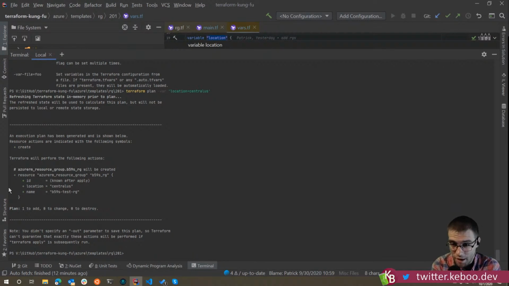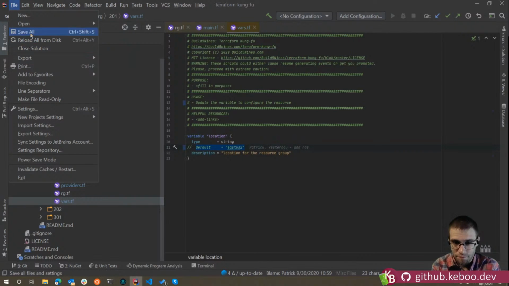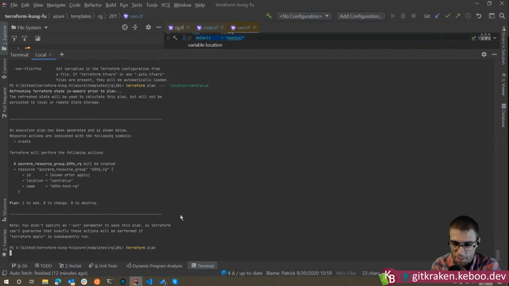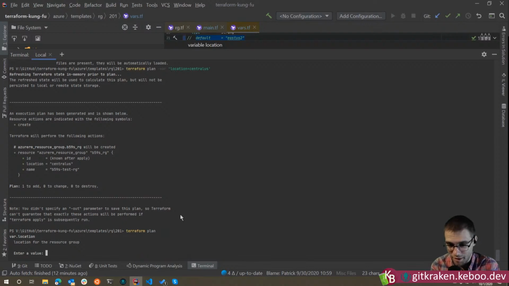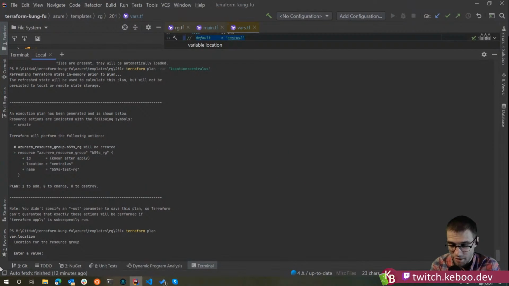The other thing that's worth noting is Terraform will actually pause and prompt you if you don't have that default value there and you don't pass something on the command line. So if you want to be very explicit, like there is no reasonable default for this, I need you to tell me, just comment that out for a moment. If you run a Terraform plan again without specifying the var, it's going to stop and say, hold up, you need to tell me something about location, because it now knows this is a var that needs to be passed in.